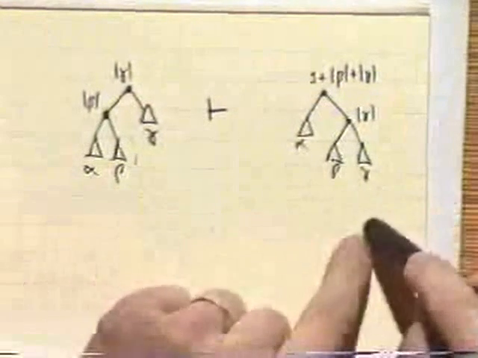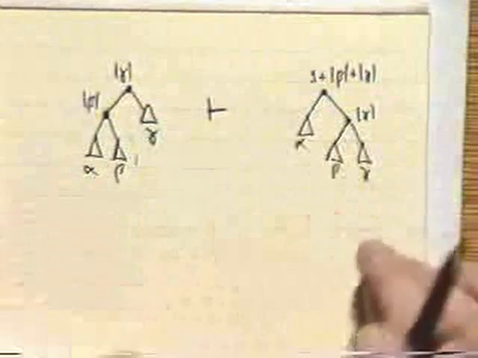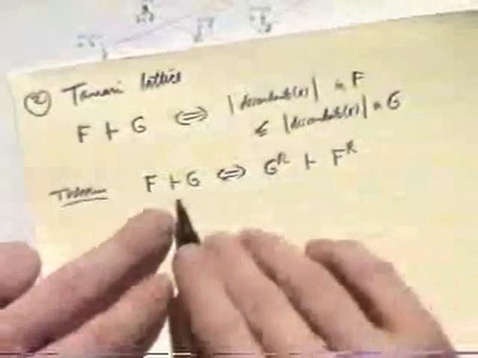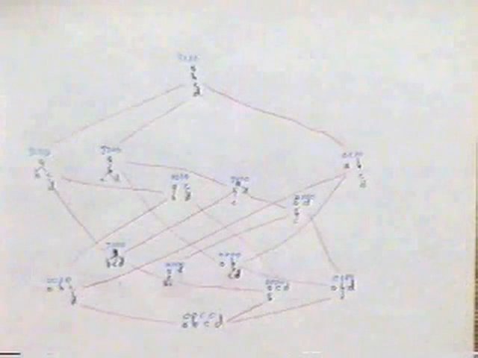If this is less than this, so flipping left and right, this is going to be less than this, because flipping left and right also converts this side to this side. That's why I had the theorem that I mentioned a minute ago, that the duality is reversed. So again, this diagram, if I tipped it on its side, the red lines would be in the same position, because what I've done is I put the dual of this guy over here and the dual of this guy over here. I worked everything out so that their dual was in the 180-degree rotation position of the other one. So now